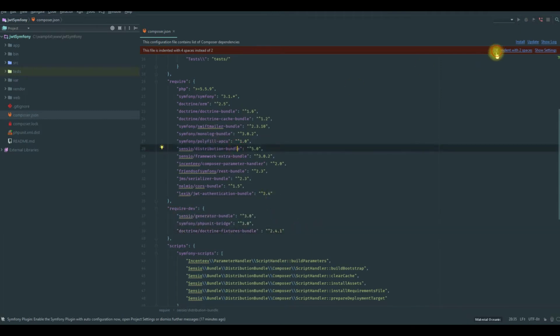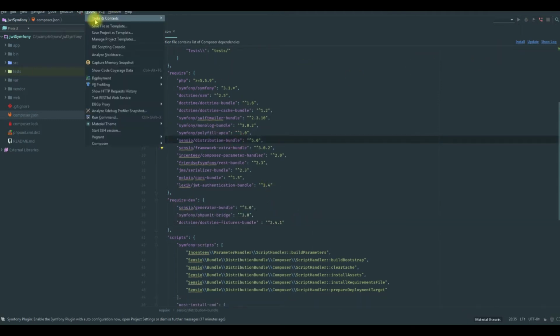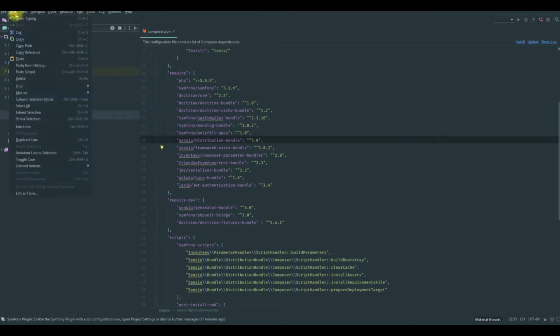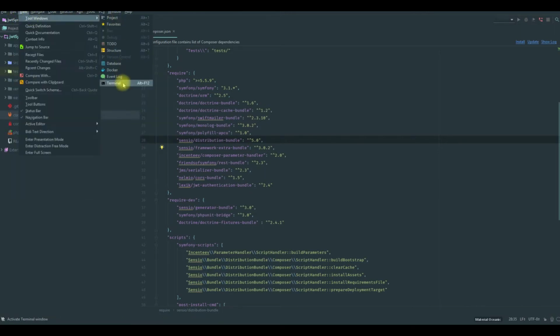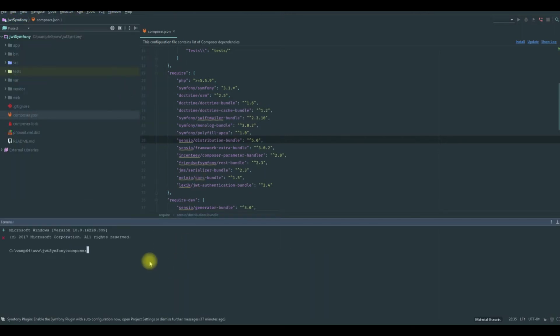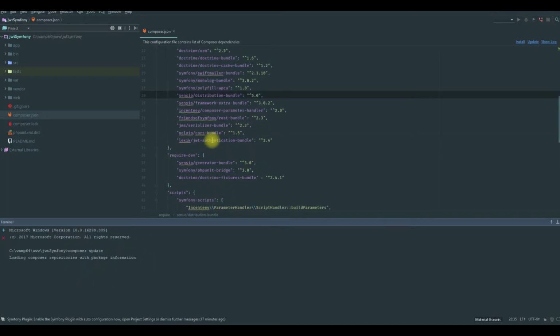So now we just launch our command, composer update,